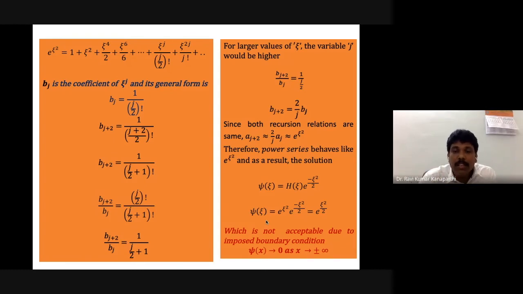If it were a decay function, probably we could accept it, but it is an exponential growth function. So as you approach a larger displacement, the function will not vanish. Instead, it keeps on growing to an infinite value. So this is a contradiction to the boundary condition. What is next?